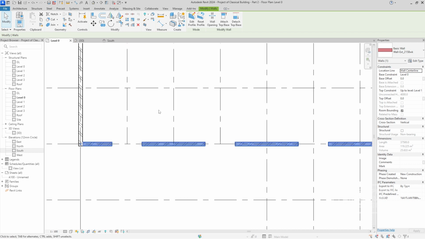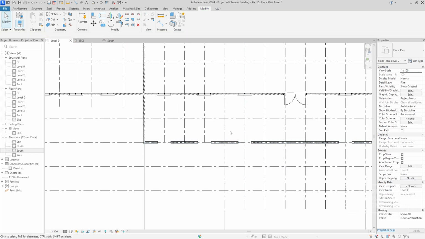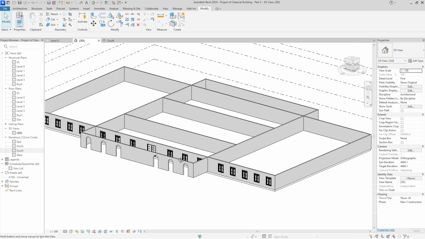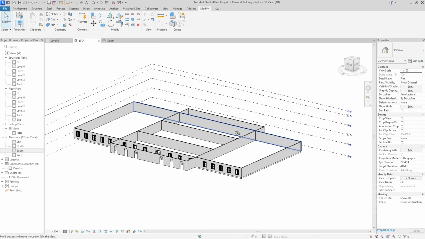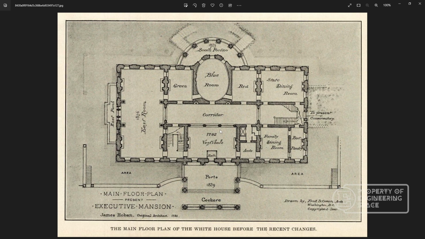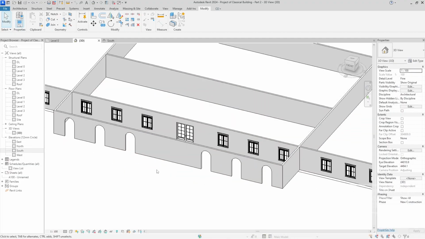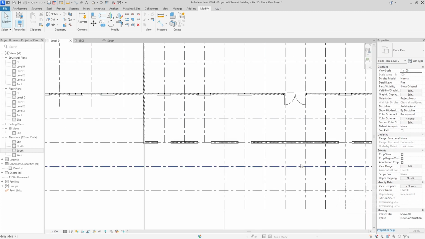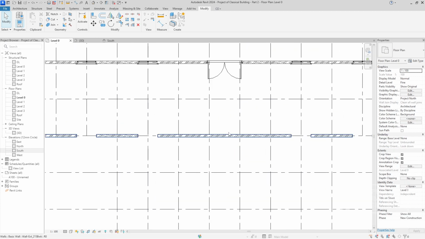Go to level 0, so we have this one. I think it was good enough, and for the other section we just need to copy it, I think. But if we go back to the floor plan view, it will be rounded here. So yeah, all we need is to focus on this. Alright, so next, all we need is to create a stair here. So let me go back to the floor level, and then